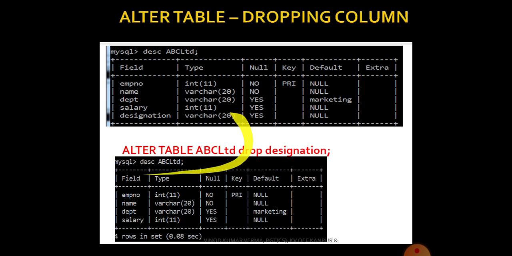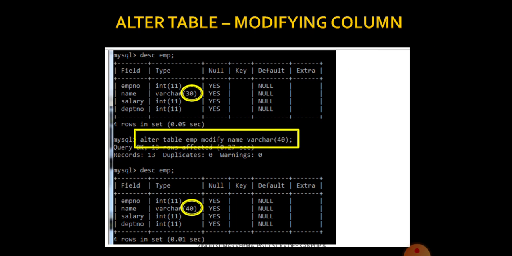Alter table ABC Limited is the table name. Drop is the clause. Designation is the argument for drop column. So while we are dropping the designation, the column is entirely removed from the table. After describing, you will get a table description without the designation column. Coming to the next one,